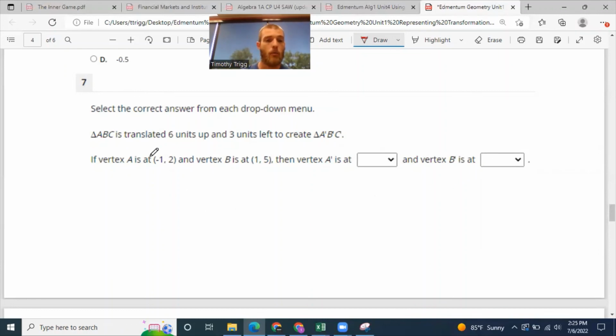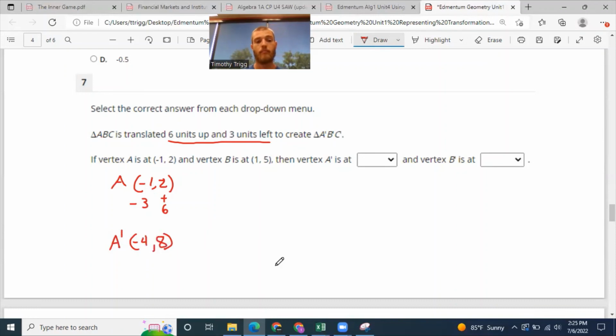Okay, so originally A was at -1, 2. Then we shifted 6 units up and 3 units left. So 6 units up, that's going to add to the y coordinate. So for the y coordinate, we're going to add 6. And to the x coordinate, 3 units left, we're actually going to subtract 3. So if this is A, then A prime would be at -4,